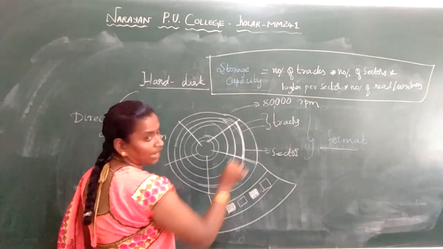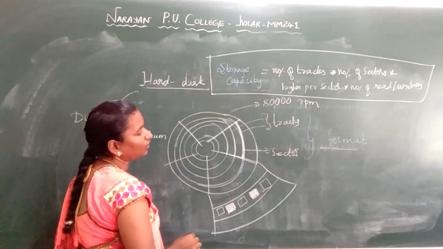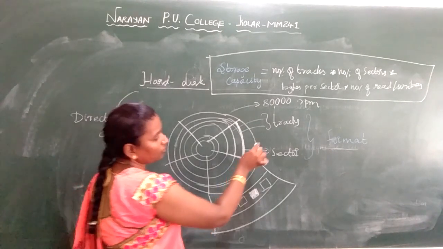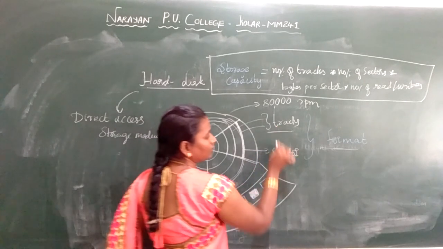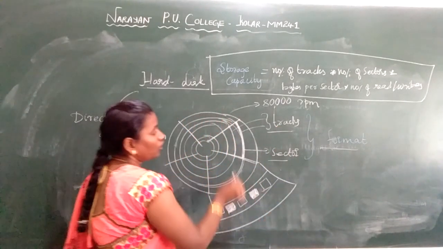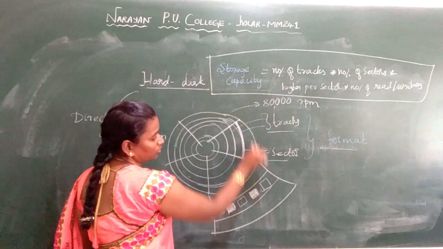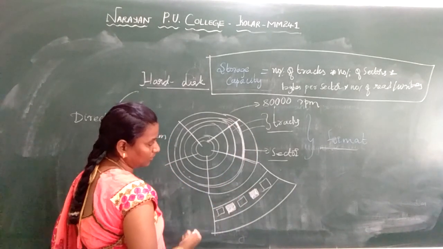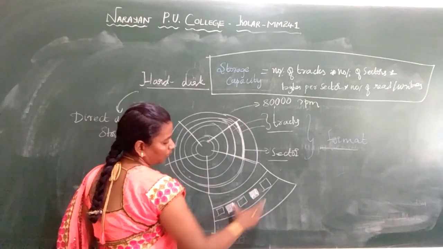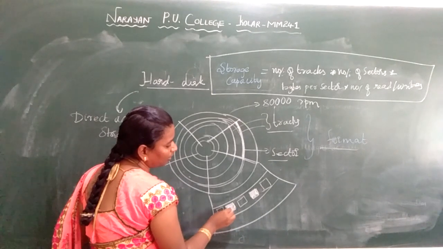A part of your track is called a sector. I repeat, the arrangement of tracks and sectors is called the format. So we have this ring-like structure, which I call tracks, and a part of a track I call a sector. When I take a particular sector and enlarge it, see here,